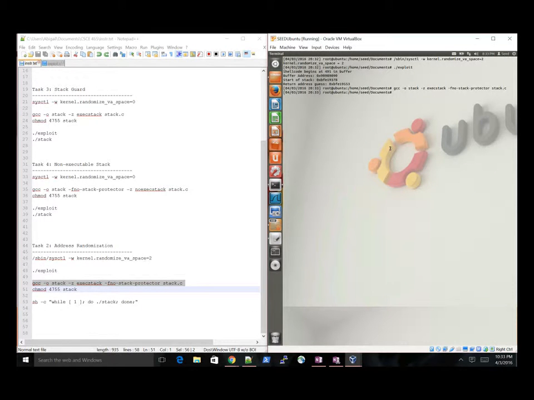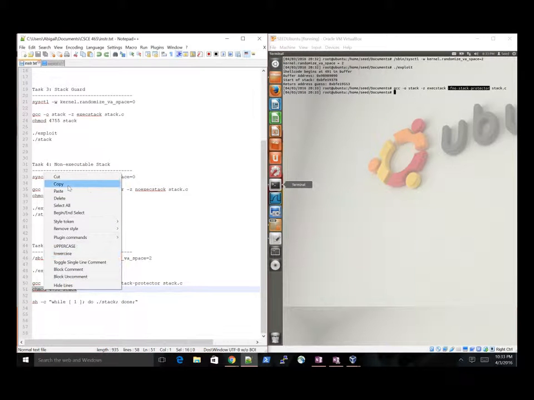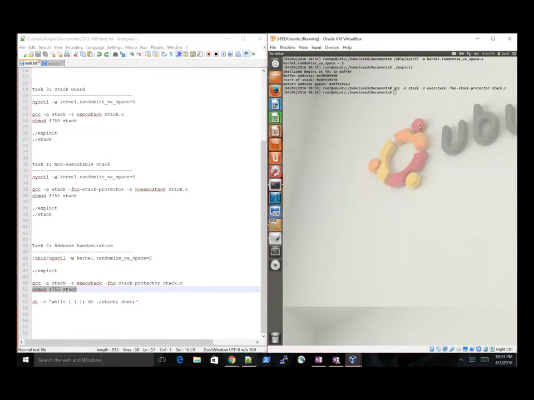Okay, and we are recompiling stack.c. We're saying that we want it to be an executable stack, and we're turning off the permissions. We're turning off the stack guard. Changing the permissions. And then we can run our stack, and we got a seg fault because we were unable to